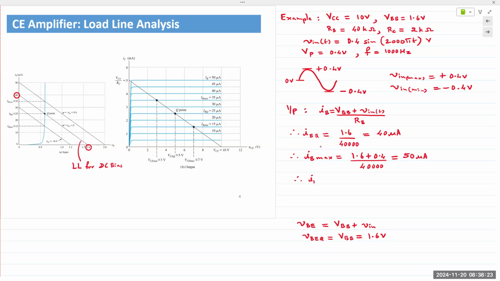And then IB min, the lower swing, would be 1.6 minus 0.4. That comes out to be 1.2 divided by 4, so 30 microamps. And those are given right here. So 30 minimum, 50 maximum. And the corresponding VBE values